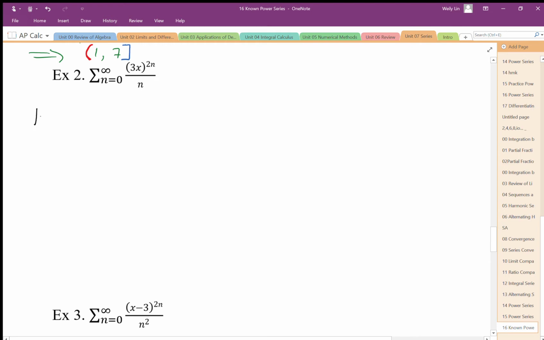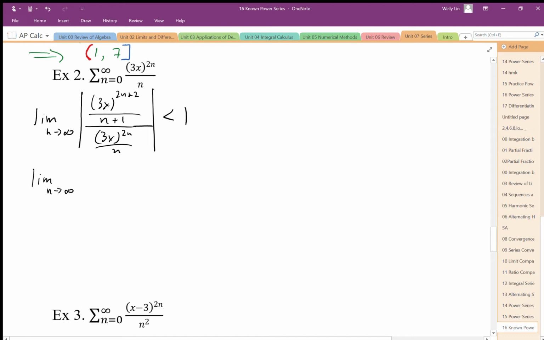So the limit as n goes to infinity, we're going to end up with 3x to the power 2n plus 2, and then n plus 1, all divided by 3x to the 2n over n. And we apply our ratio, we want to know where that is less than 1. So again, group your terms. We can group together